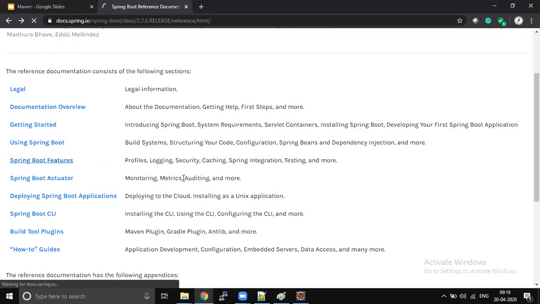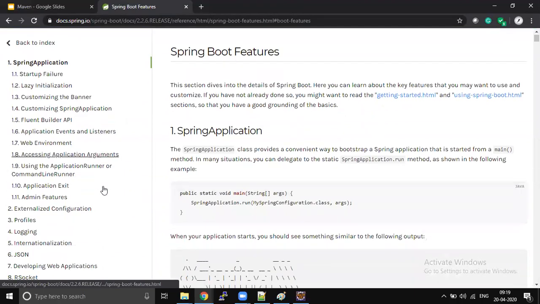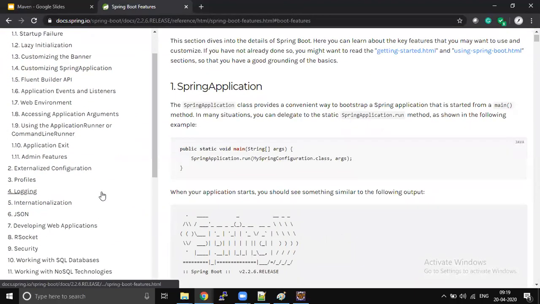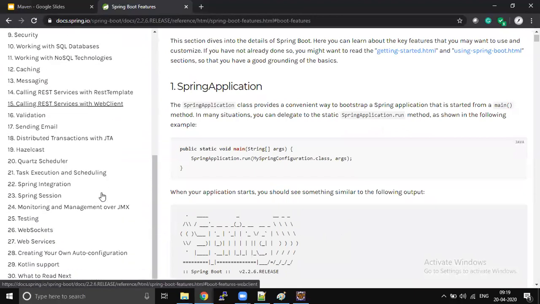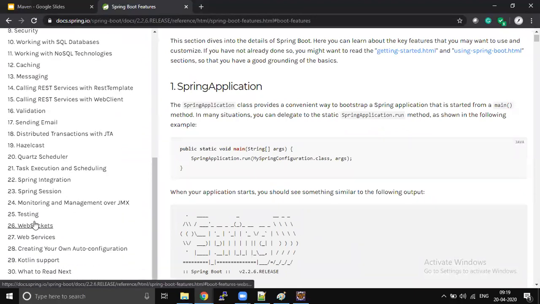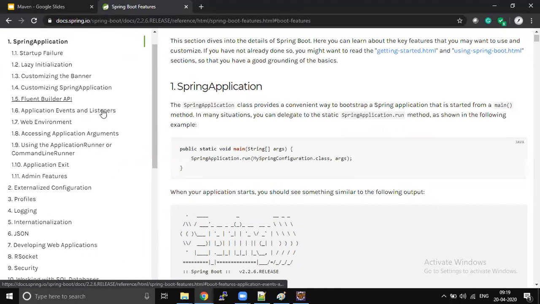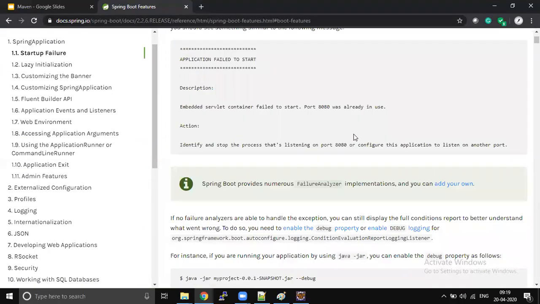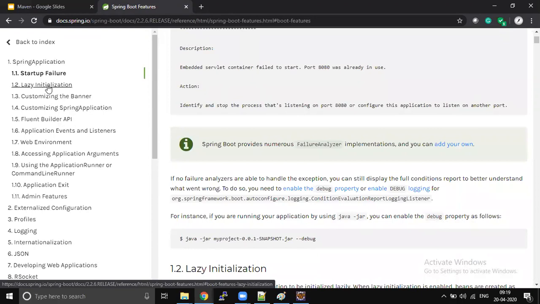Here we will have all these modules like core, profiles, logging, web MVC, data JPA, testing, reactive programming, security, AOP. We will learn this documentation only, but we won't go very deep. We will learn the concepts actually.